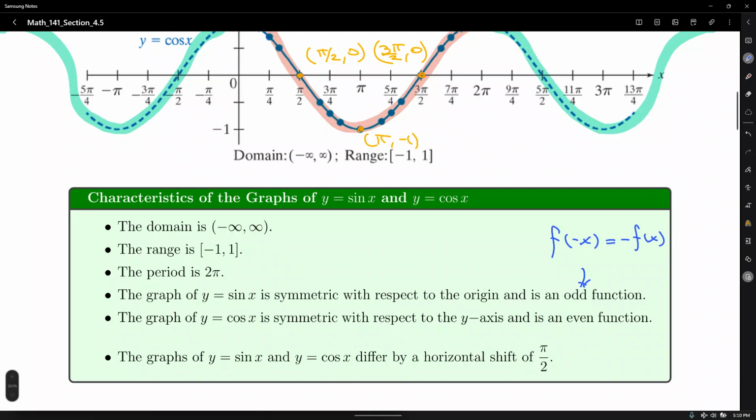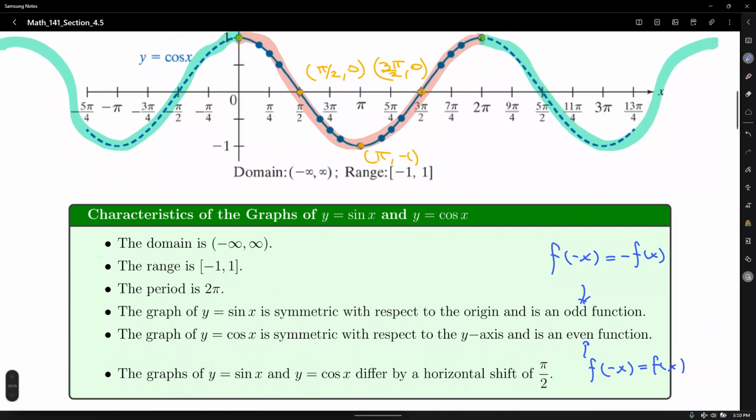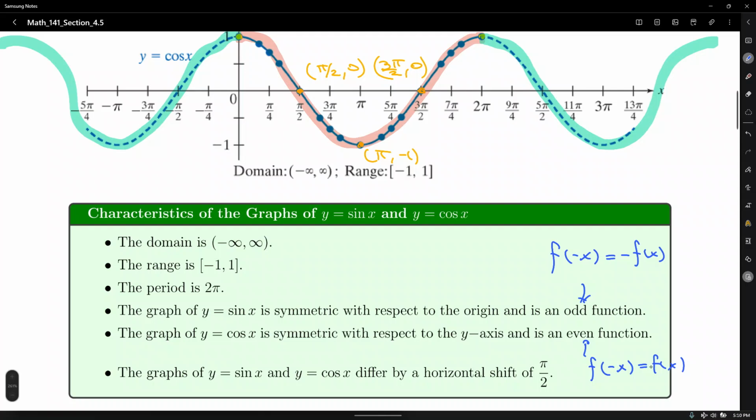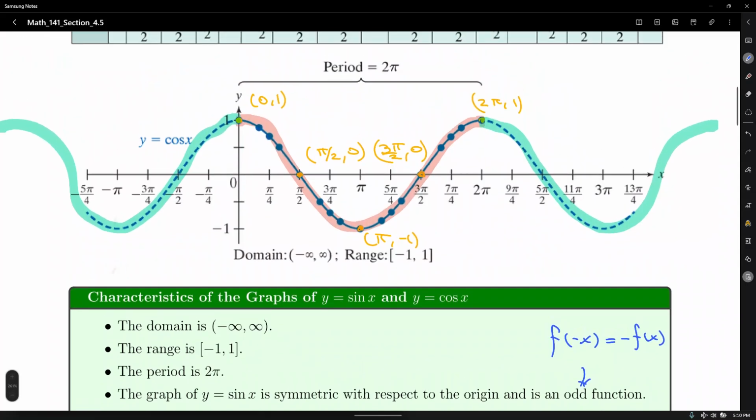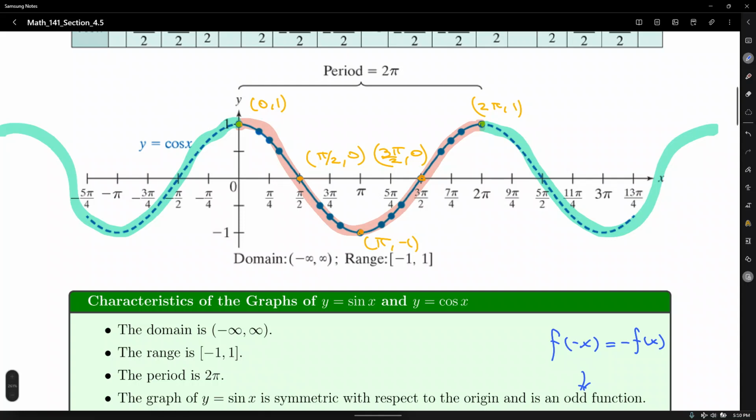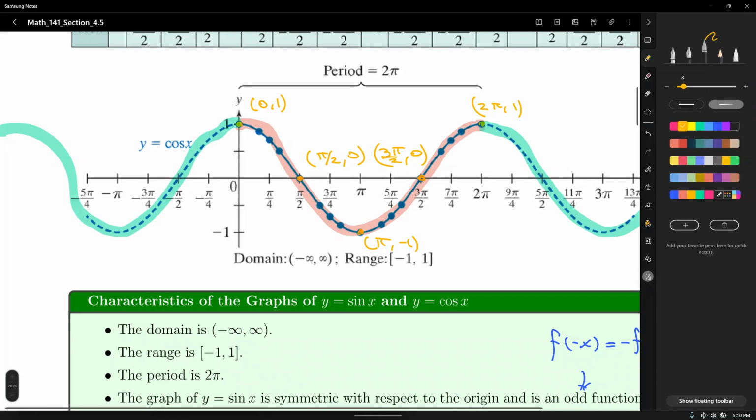of x. All right. And what about the even function that occurs when f of negative x equals f of x? All right, what about that even function? So when we change the sign of the x coordinate, we get the exact same y value without changing its sign. And you can see that here, for instance,